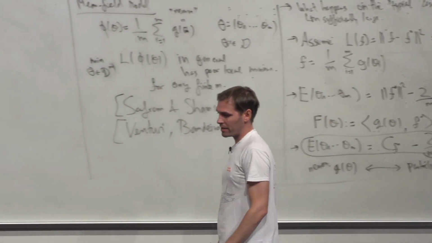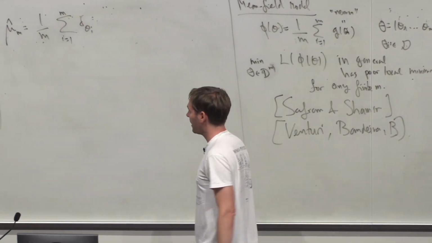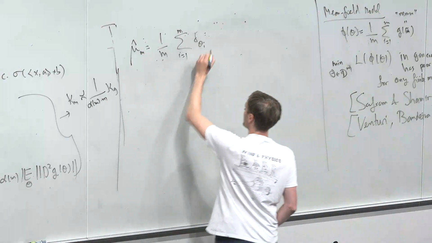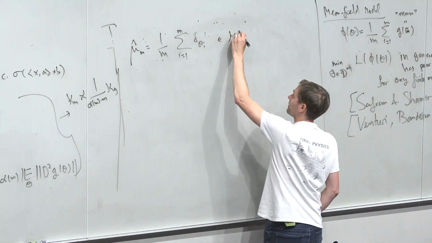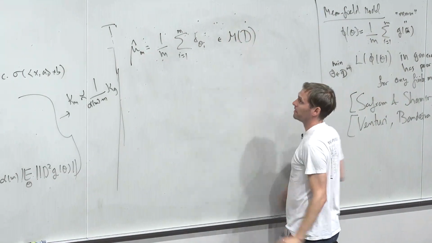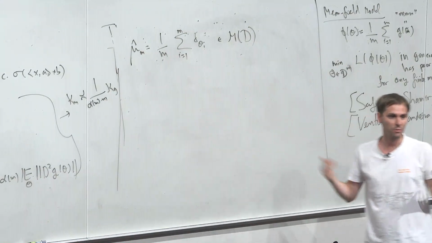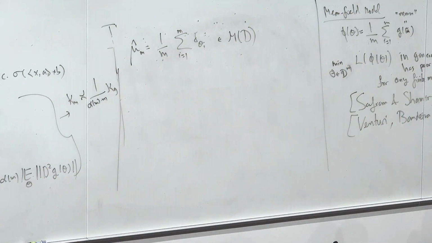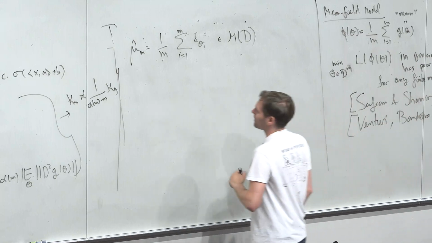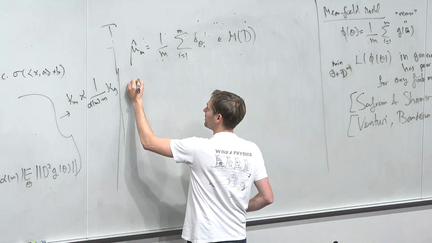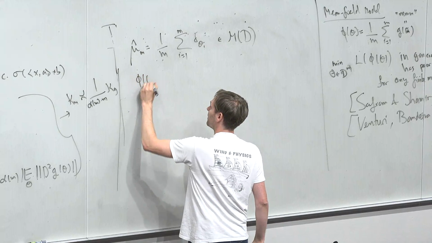And so using this formalism, now we can look at that. So this is actually a probability measure in the space of parameters. So this is a probability distribution. So it has mass 1 and it's non-negative. And now there's this interesting property of this object, that now we can go back to our function of